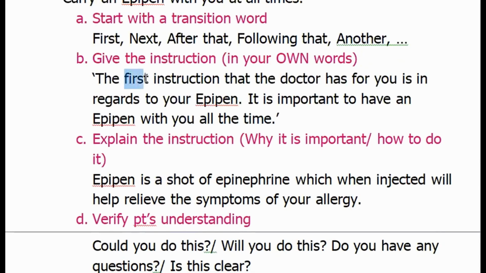First instruction that the doctor has written down is to carry an EpiPen with you at all times. This is important because allergic reactions are sudden and unexpected. And if you have a more serious allergic reaction, you could simply use the EpiPen to help you before you go into an anaphylactic shock. Is that clear? Remember the 4 components: transition,